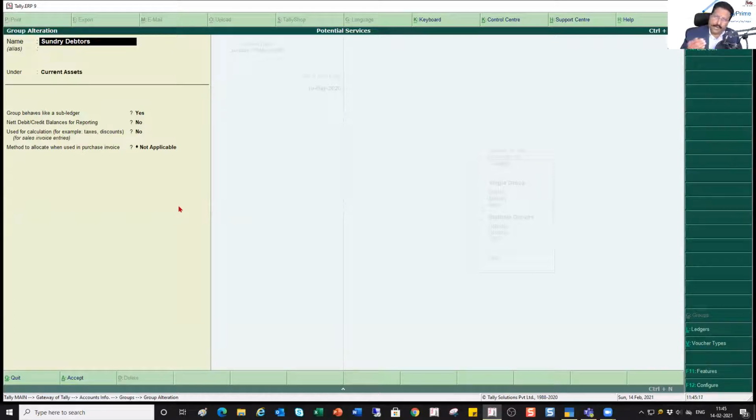But then when you receive advance from these customers, the balance is going to show credit balance, right? So when you go to the listing of sundry debtors, you will see all those bills which are pending, the receivables for you from the sundry debtors. Obviously, we know that it is going to carry debit balance. But then the advances that you receive from the customer is going to carry credit balance.